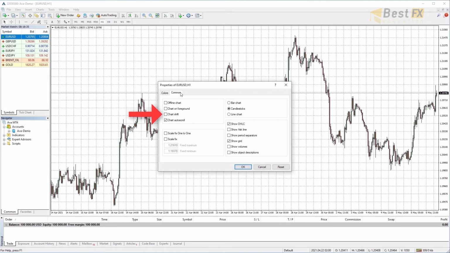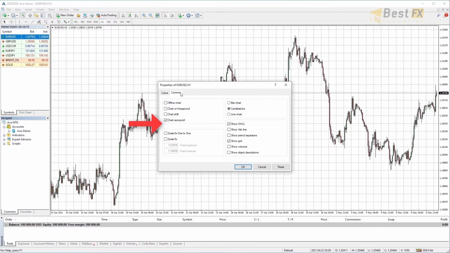Chart Shift shifts the chart from the right border of the window to the shift mark. The chart shift can be moved with the mouse horizontally. When Chart Auto Scroll option is enabled, the latest bar will always be shown in the chart, while it prevents you from making analysis about previous prices. As the shortcuts of Chart Shift and Chart Auto Scroll are here, there's no need to use these settings from